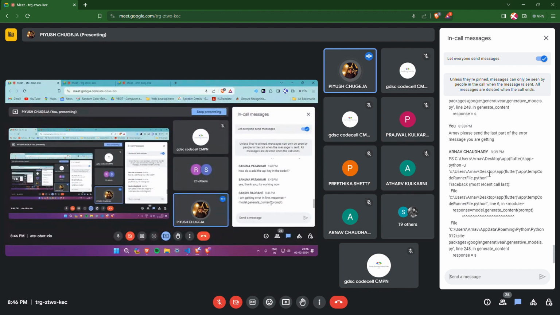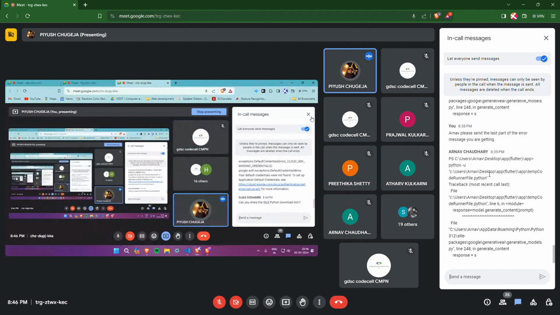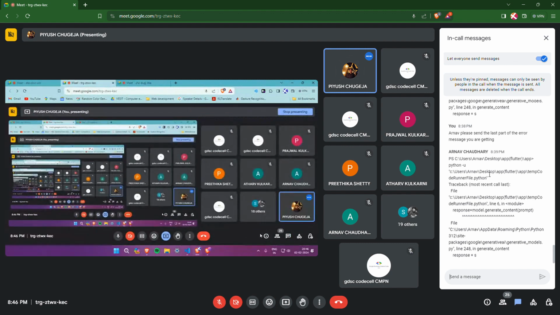Yeah, Sakshi, please paste what error you are getting. The error message, which might be at the end of your code. We will entertain errors up till 8:50. After that we also need to work on the project. Okay, that will also take time, so we'll have to hurry up because everyone will start feeling sleepy and get bored.